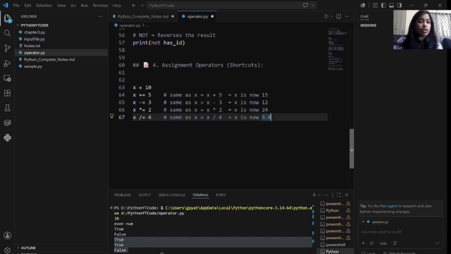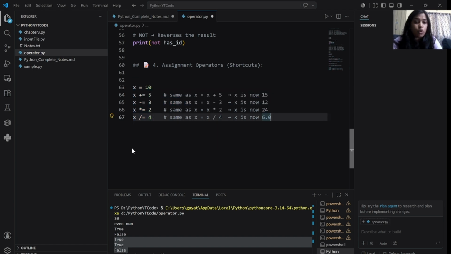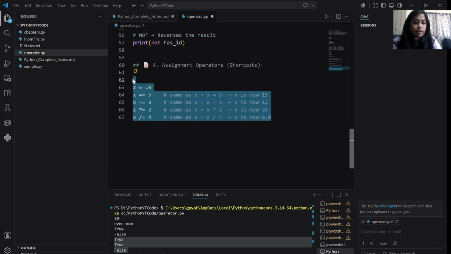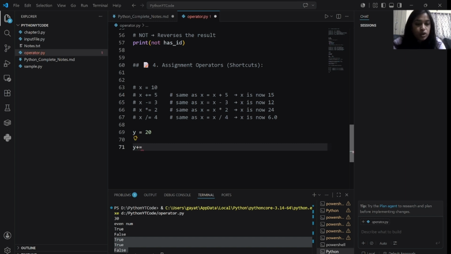Let me write some new program, a new value for you. Let's suppose you have y, and you are giving y the value 20. Now you are saying y plus equal to 10.